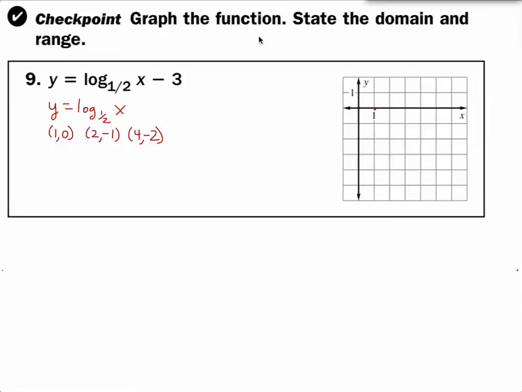I got the point 1 comma 0. 2 comma negative 1. And 4 comma negative 2. And we have this general logarithm shape. It actually is an upside down looking log graph, and it is, but it's because the base is smaller than 1. Drew the asymptote in for fun, because next we're going to do